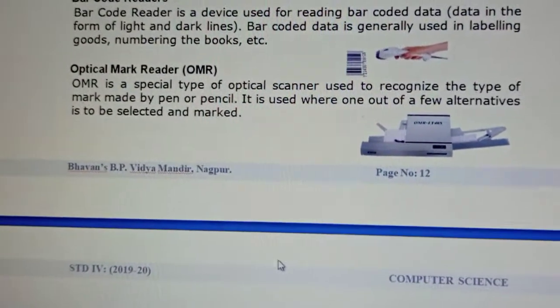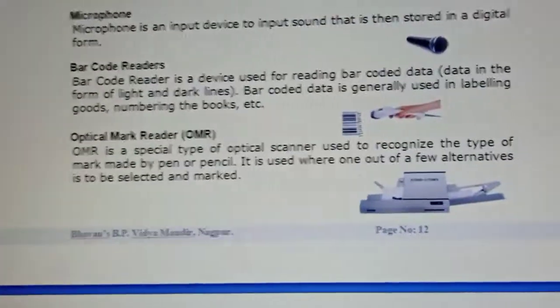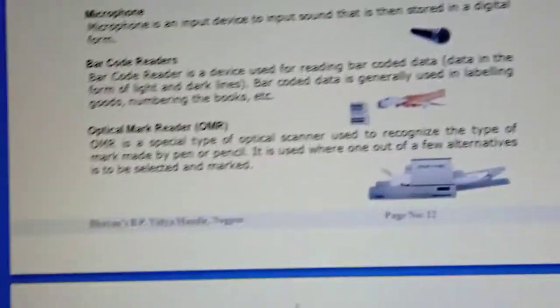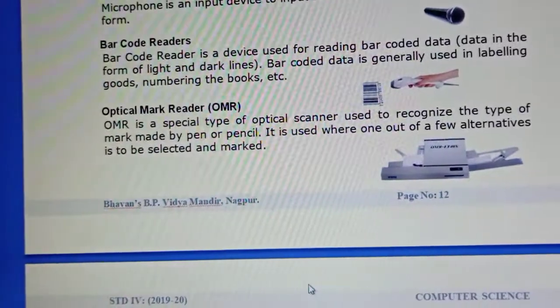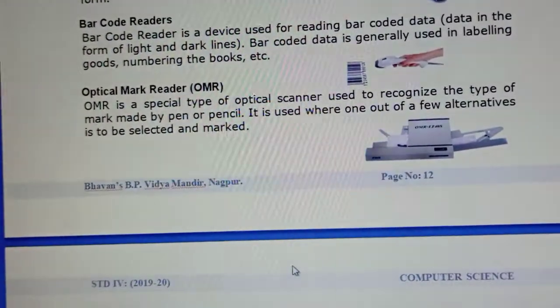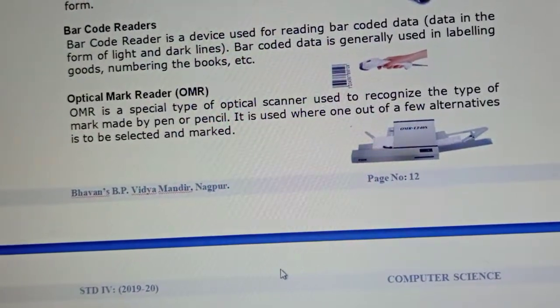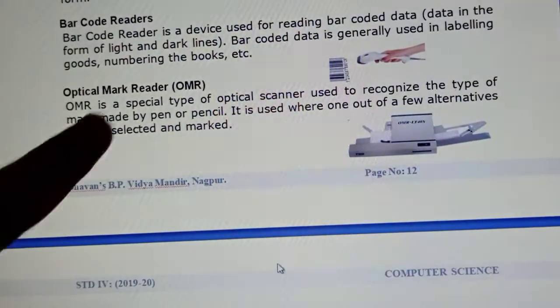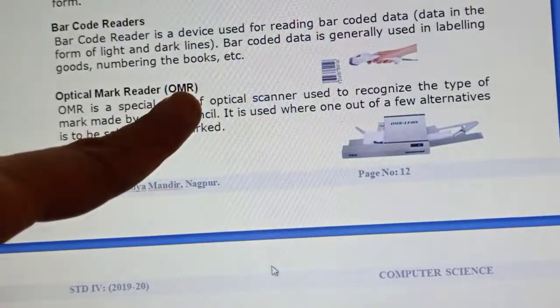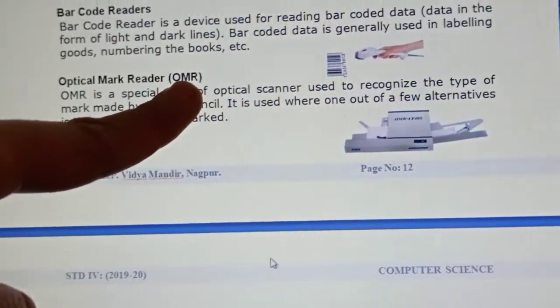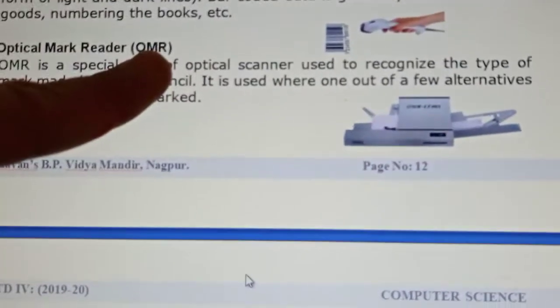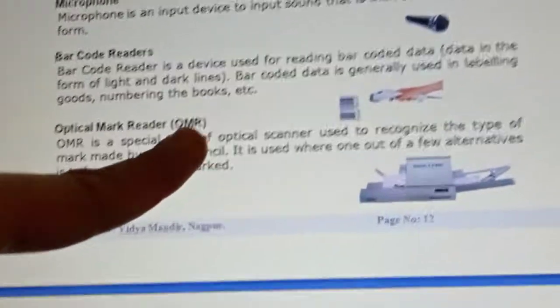The person will put that paper inside this optical mark reader machine, and it will scan it, and that machine will tell you how many answers you have done right and how many you have done wrong. So the optical mark reader will judge which answers you have done right or wrong. OMR is a sheet which you get in your school when you are attempting competitive exams.